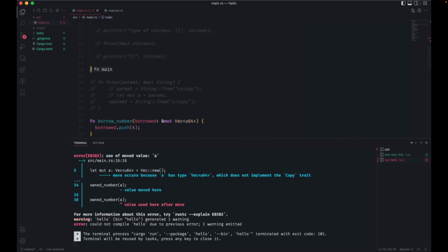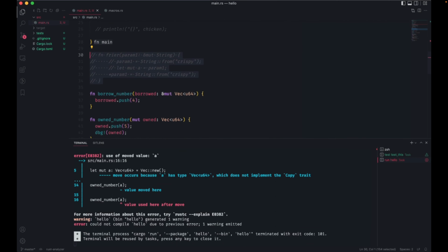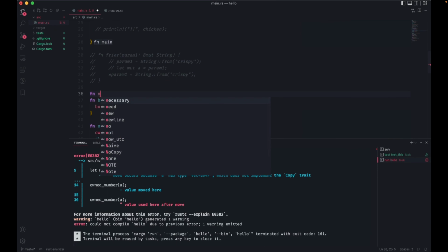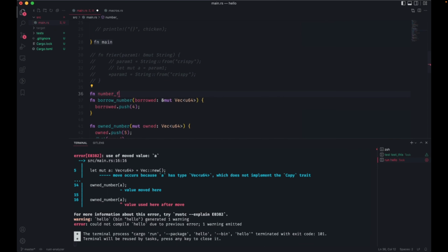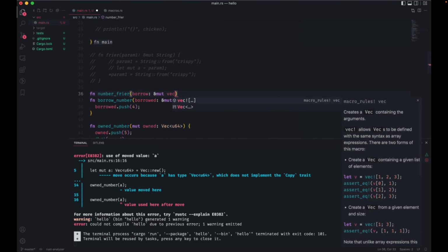Let me expand this again back to the Fryer example. So far, what we've been doing is pushing, is changing the memory. So now let's do number Fryer. I've got a borrowed, same thing, mutable vec.